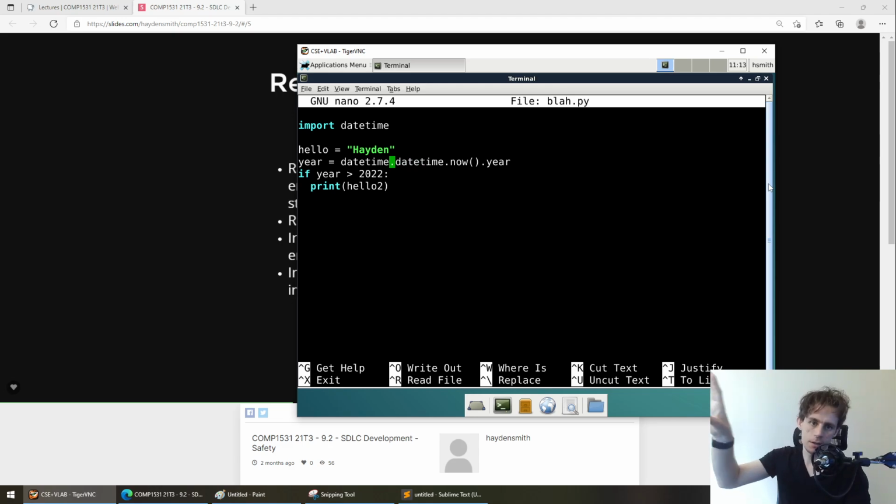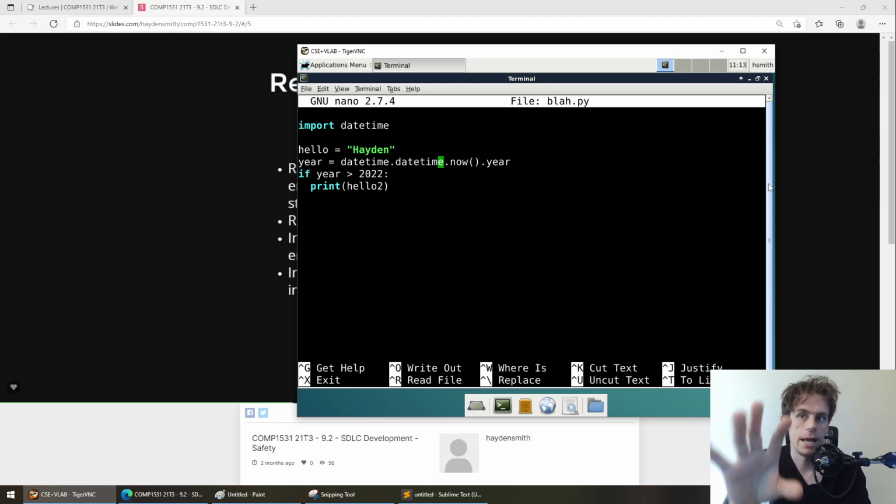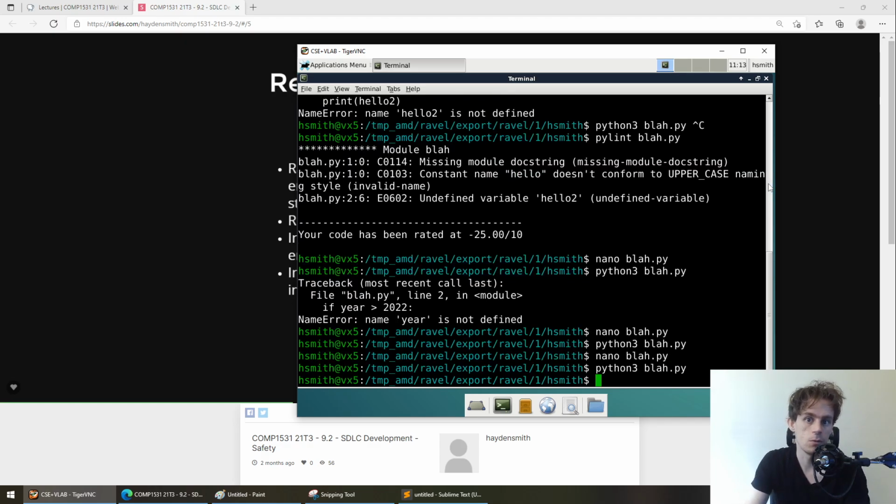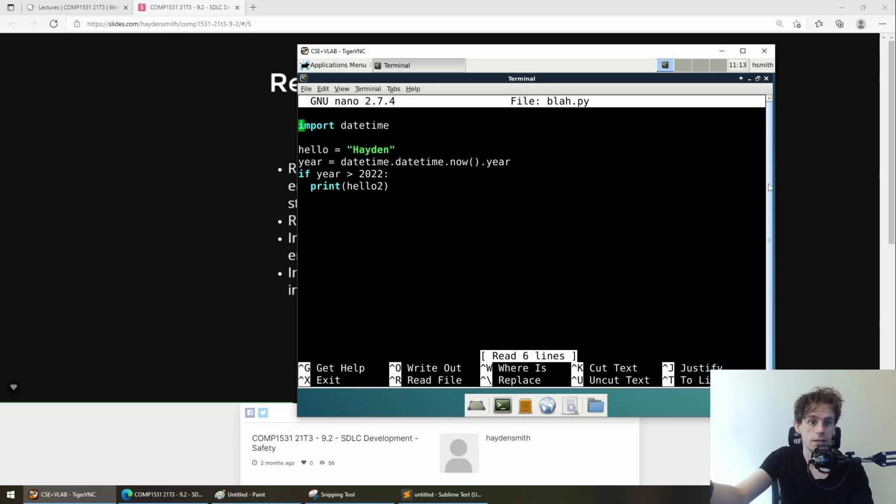Because in the datetime library, you have the datetime object, which you can access the now method on, which will give you a datetime object for right now, and then year is a property on that. So that's how we get this. But you notice this code works, right? So when we talk about accidental misuse, there is a bug in this code that you are not noticing because you have not set the year correctly. So now this code is set up to basically crash later on.